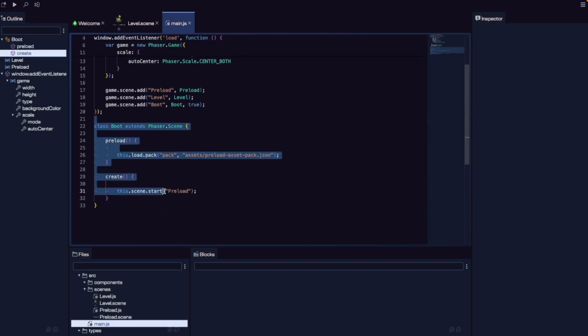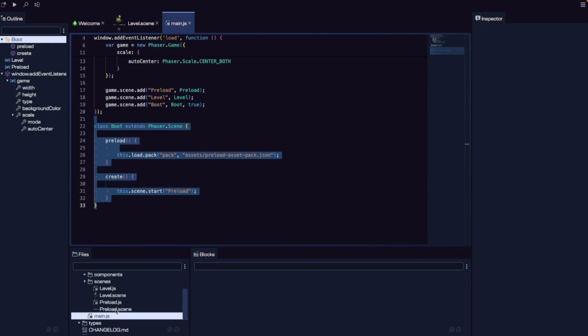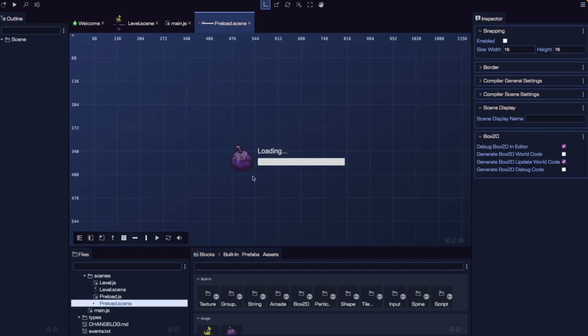And so how our boot class is set up, this is going to be responsible for loading any assets that we want to use in our preload scene. Our preload scene is going to be like our loading screen that will show to the player while it loads in all of our assets. In this example, we're loading in the asset that we show in that scene. So if we open up our preload scene, we have this loading bar with this image here. And for our image to be available, we need to load that in our boot scene before we start